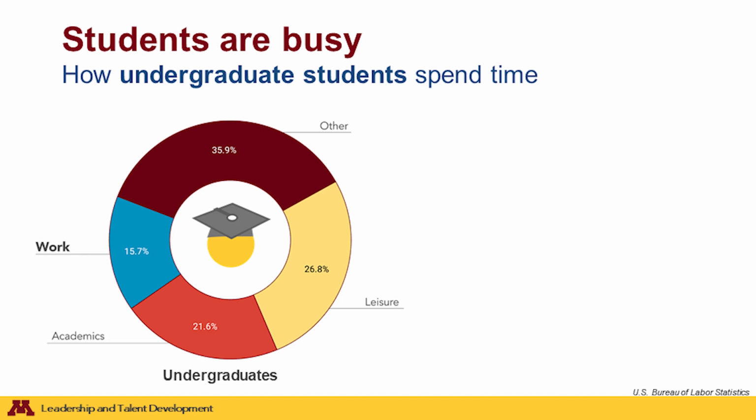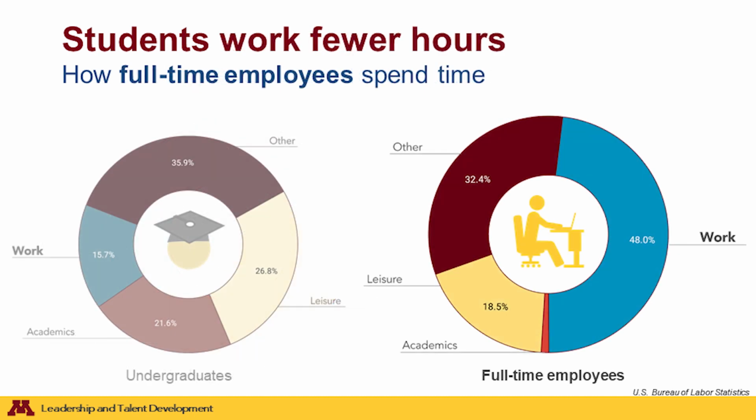And work is just one of these many things, which you can see here in blue. On average, about 16% of a student's waking hours is spent at work or on work-related activities. And of course, this impacts the unique characteristics they bring to their job with you. Let's compare that now. It's especially important to note how much less time students spend on work than full-time employees. So many of you said yes, their school is their first job, and I think this is reflected here.